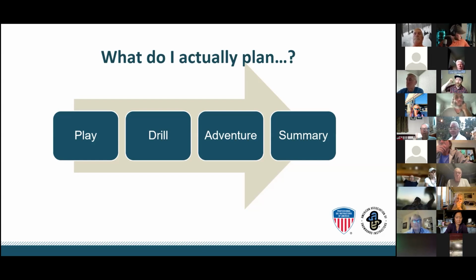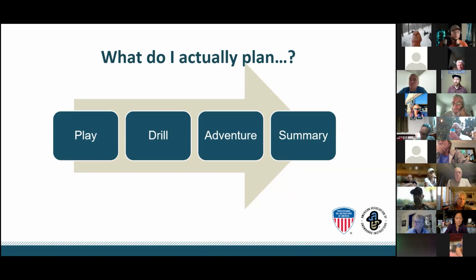Okay, so to me, I always plan the play. All right, so the play is a way to get started. You make a couple of quick assumptions, right? Like, all right, I've got a bunch of level 1 or 2 sort of never-evers. I'm gonna just come up with a game, like some sort of skating race, whether it's 1 foot or 2 foot, to try and get them moving on the equipment.